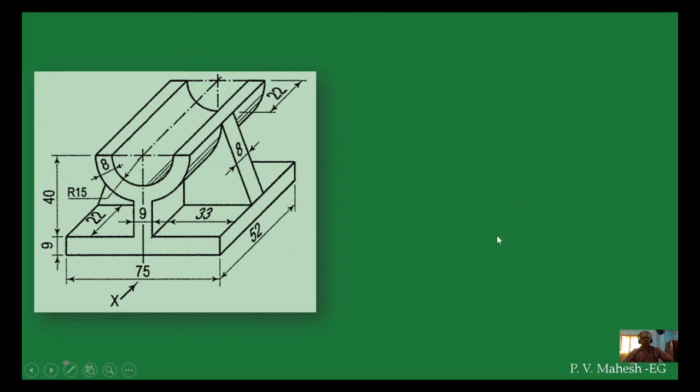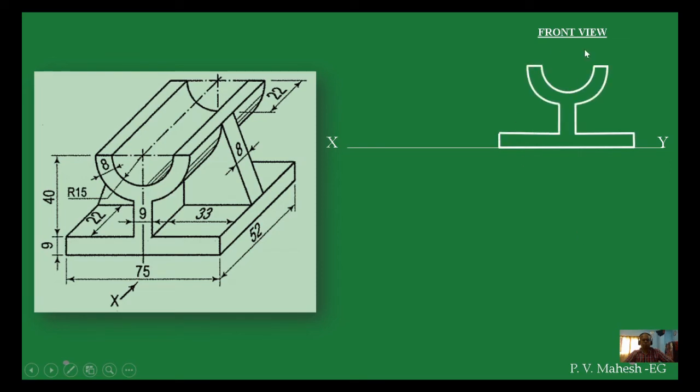First we will see how to draw the front view for this. In the front view, you will see this U and below this one rectangle, I shape with the top having a curved shape. So this is what we will see in the front view. Now this edge will collapse into a point and you will see one inclined line from here to here and here to here. So this is the front view, very simple. The diagram is looking complex, but the front view is very simple.